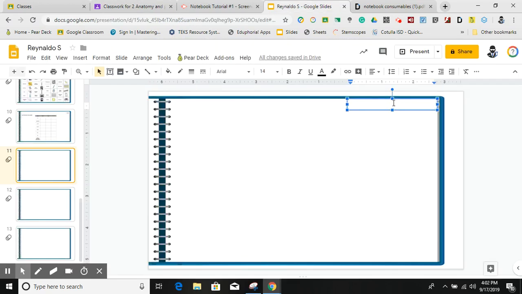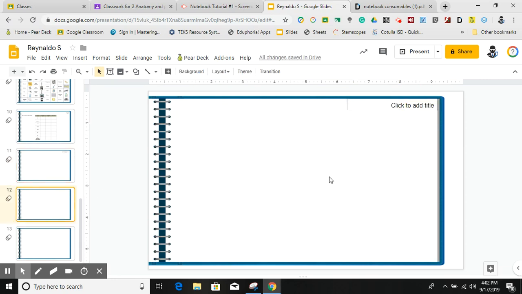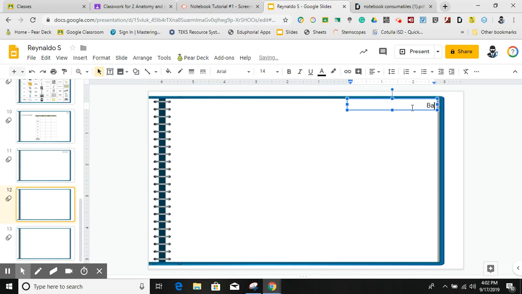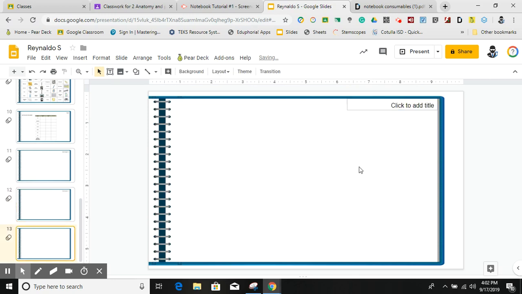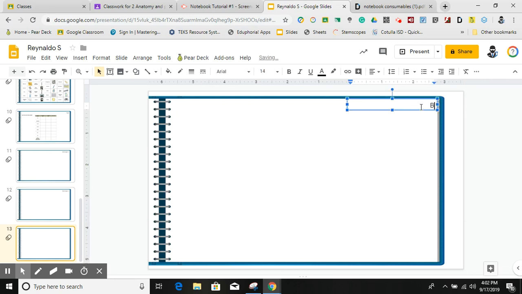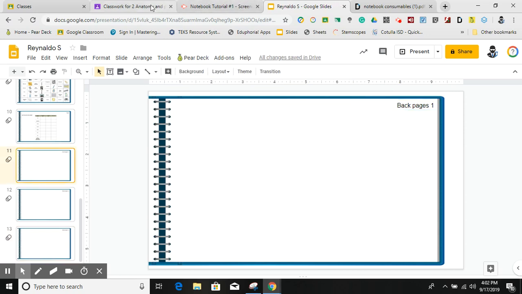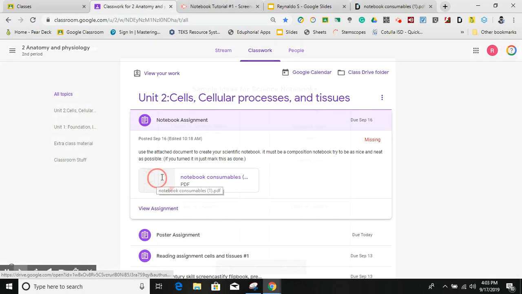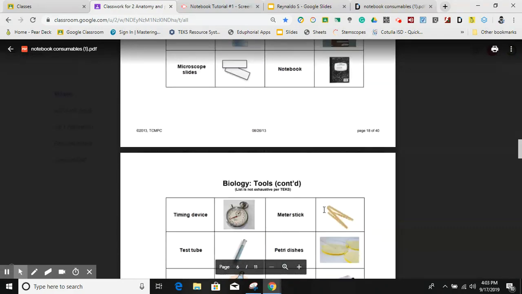Back of the book, so we could just call these back pages. That'll be back pages 1, back pages 2, and back pages 3. So if you look at your notebook handout again, go to the very bottom and you'll see